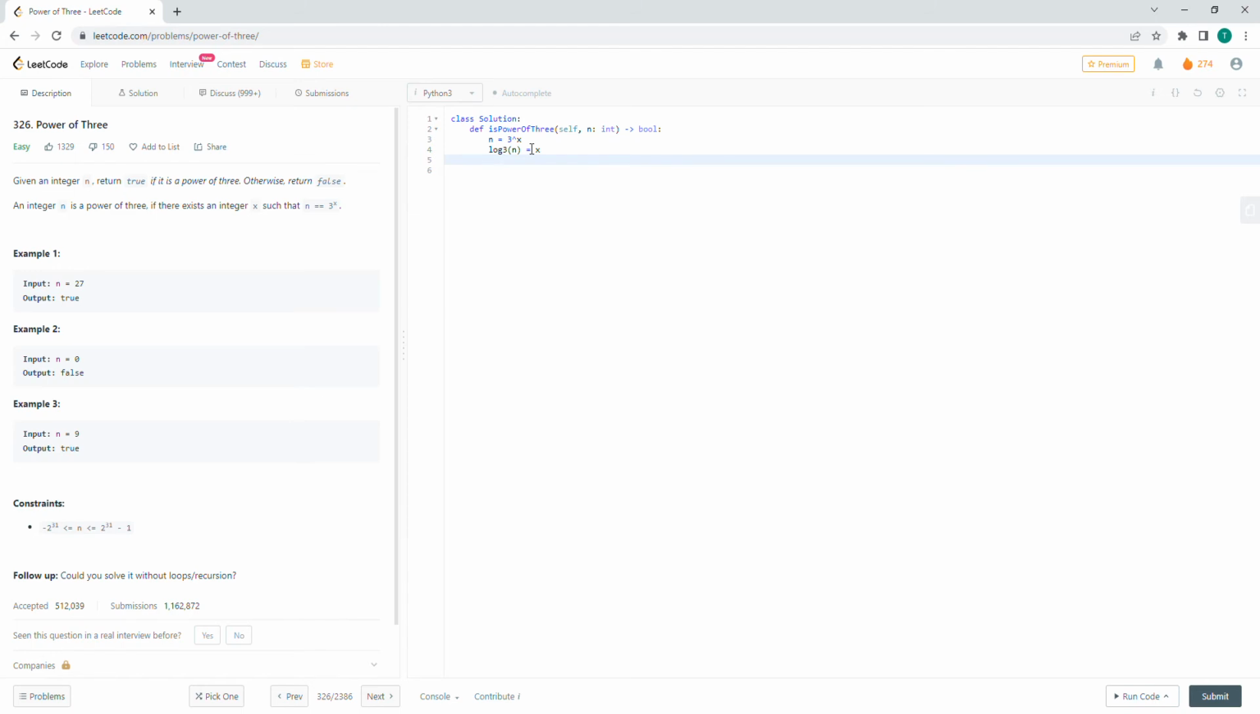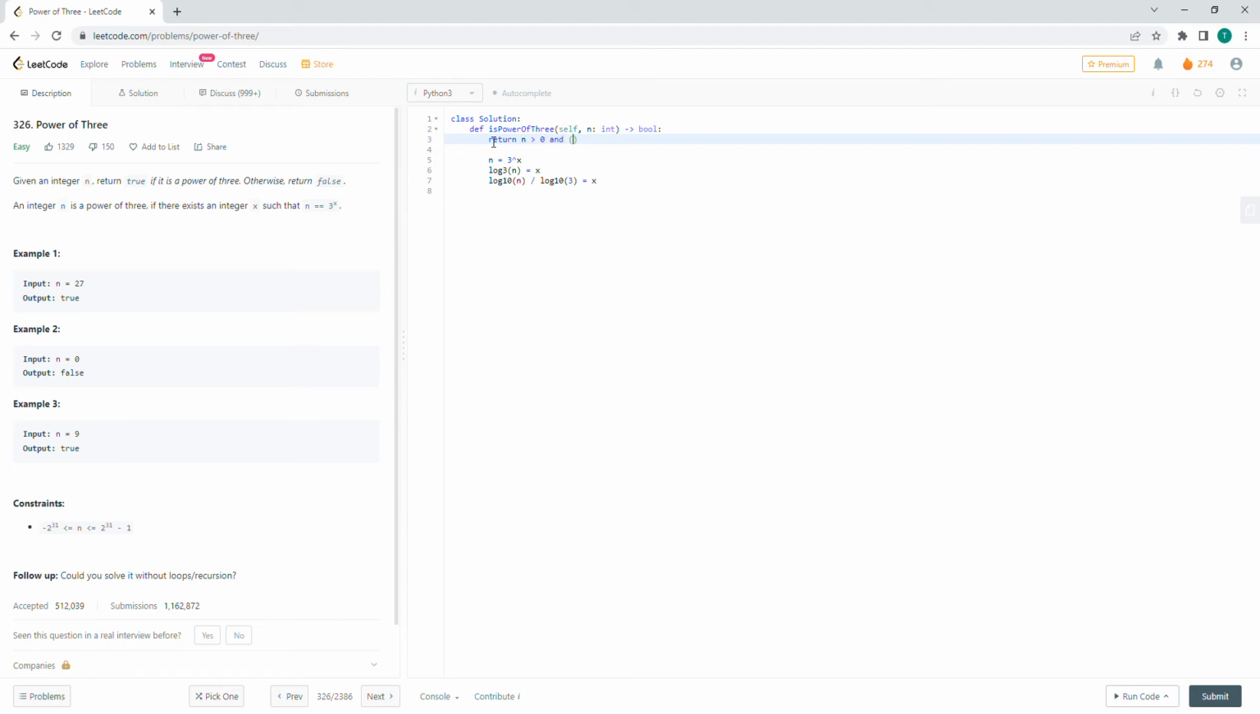And then if we were to solve for x, we would know that if we were to do log of any number, say 10, divided by log base 10 of 3, that would also give you x. So I'm going to use this mathematical concept, to know that n has to be greater than 0,